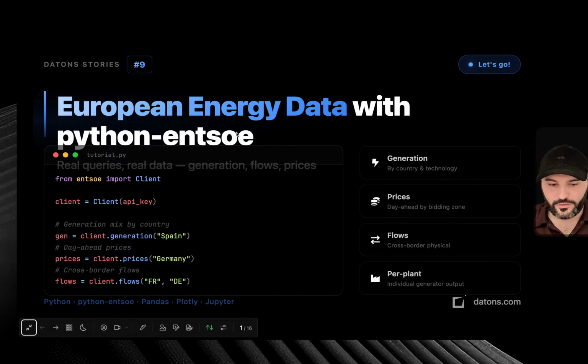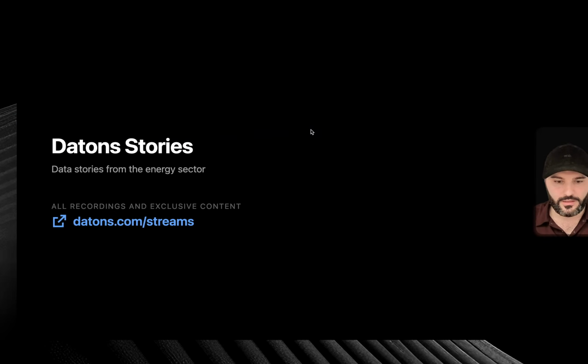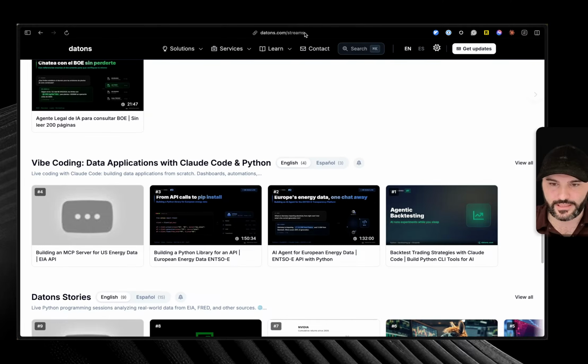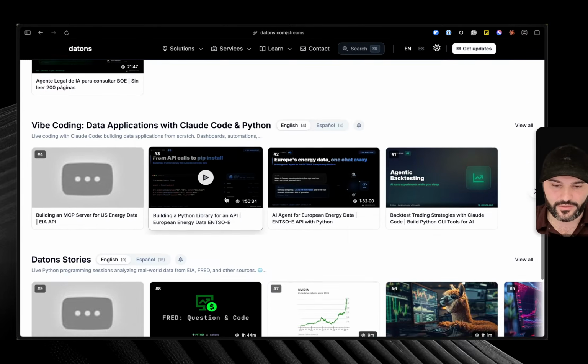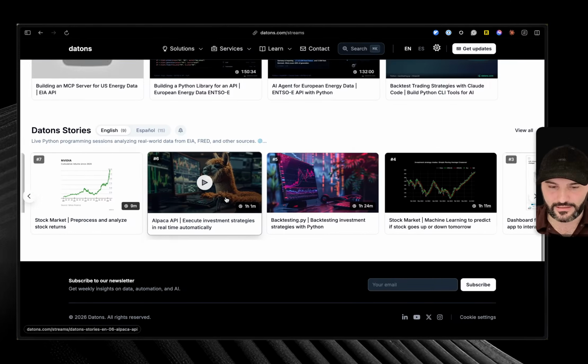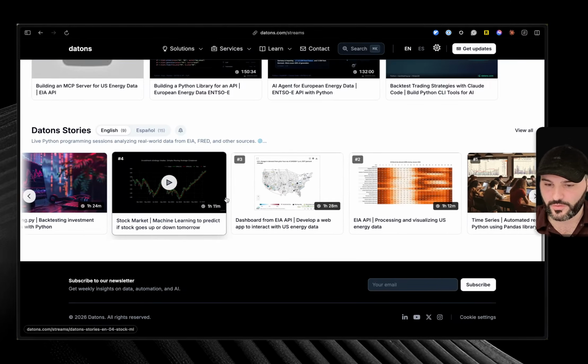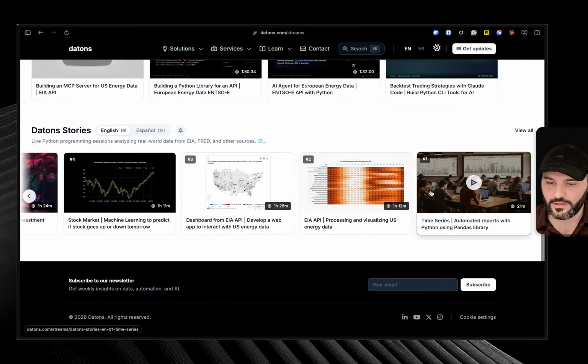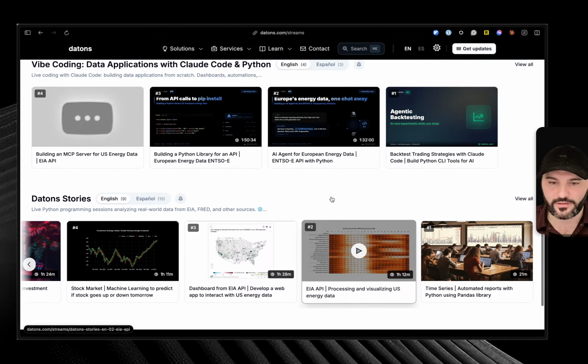The outline for today's tutorial is based on Datons Stories, which is programming stories with data, in this case with the energy sector, concretely European data. You can see all of the streams we have recorded so far in this web application, datons.com/streams. Here you can see the historical streams that we have showcased, data from the Energy Information Administration in the US, also time series and many other topics,